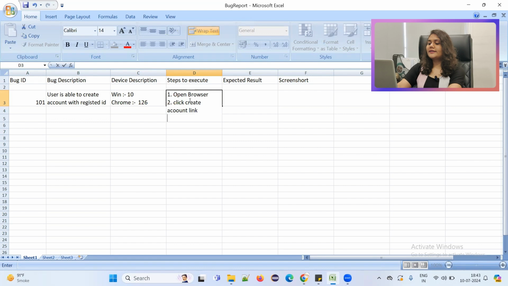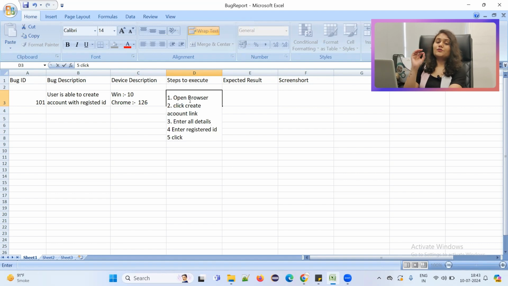Then again Alt Enter, third, enter all details. Then fourth, enter registered ID. Then fifth, click Submit button. You have to write all the steps till the end.